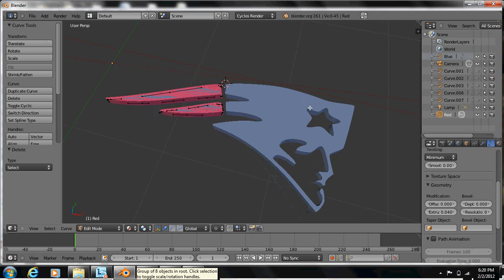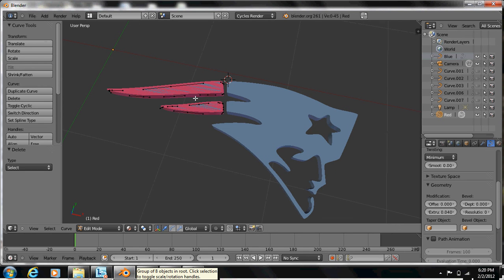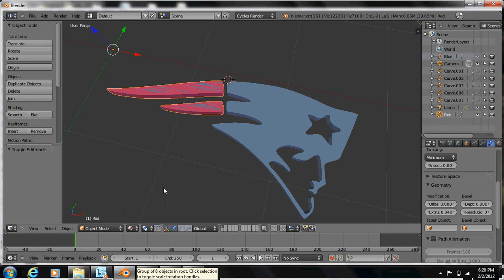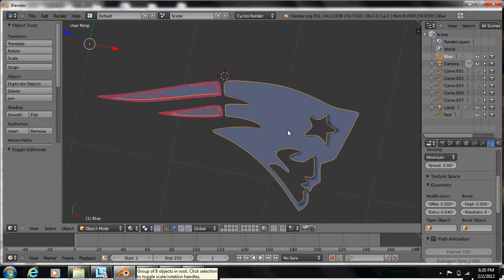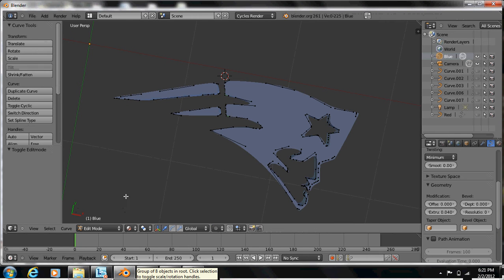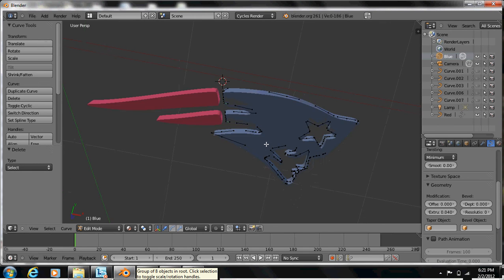We have the blue part, and we have our little red tail end over here. And let's just go ahead and go out of edit mode into object mode. And also we want to do the same thing for the blue part, or this part of the logo. And let's just turn the red one off, and we'll go into object mode for here, and just hit B and select these, and we'll delete those, and then we turn the red layer back on,